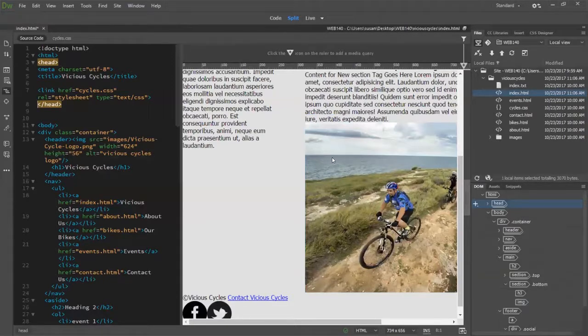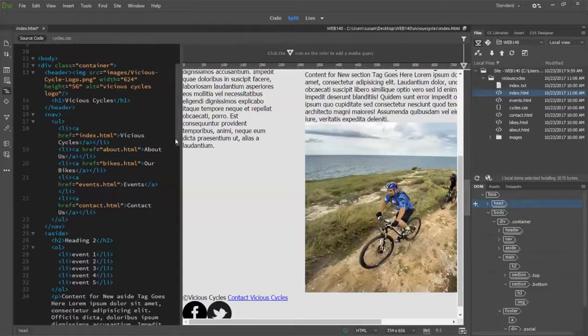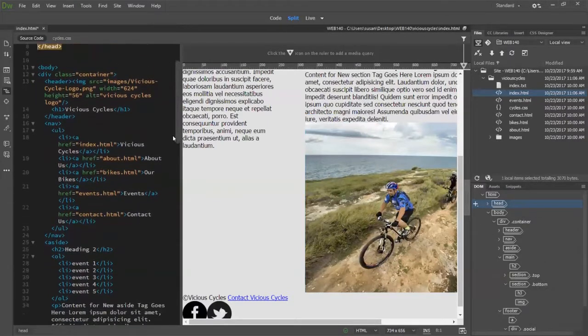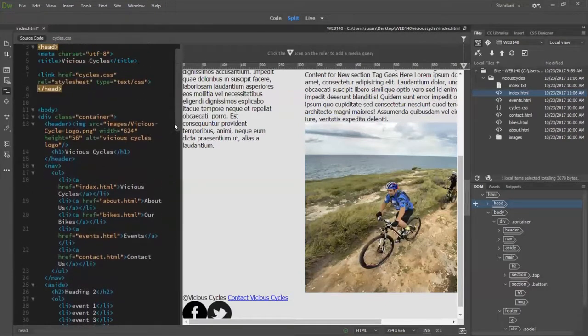Those are old ways, from when browsers didn't understand CSS. They do now, and now we keep content separate from design. So I will take off points if you have HTML styles in your document. Looking down here, I have my div container that is holding all of my content inside my body tag. And I know that if I want to see it on a page, it has to be inside the body